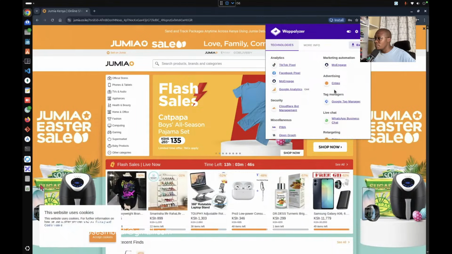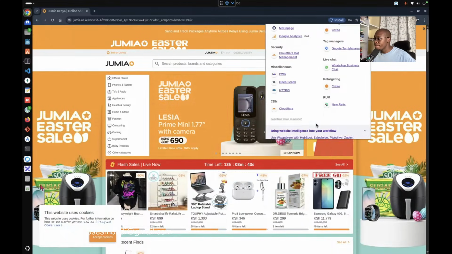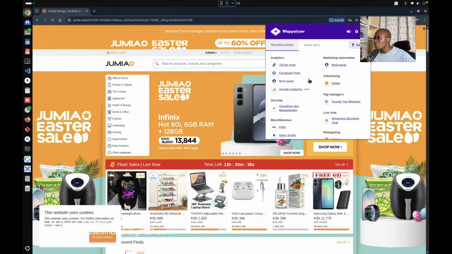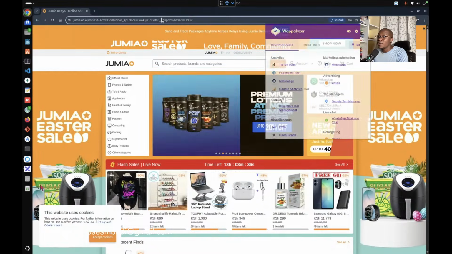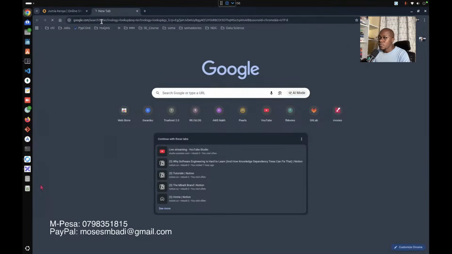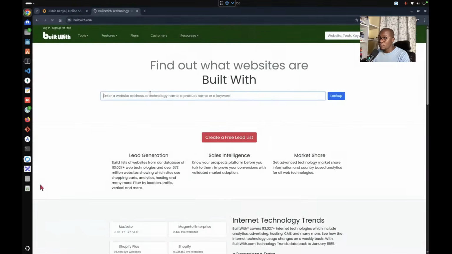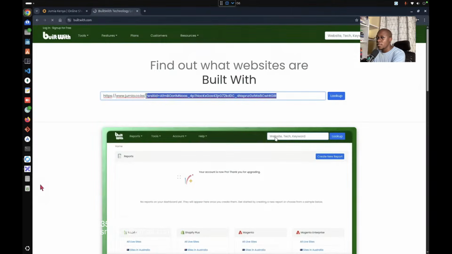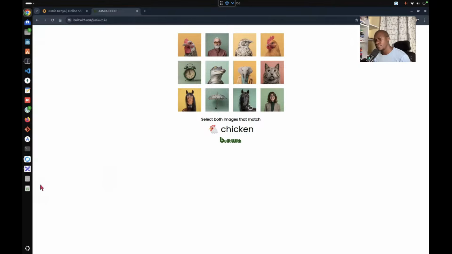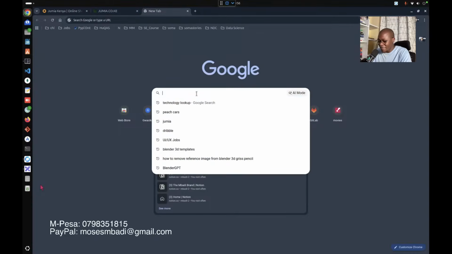So as you can see, Jumia is built with, they're not really showing a lot of information here, so we can just copy it and go to technology lookup, built with, and then we paste the website. Come on, man.